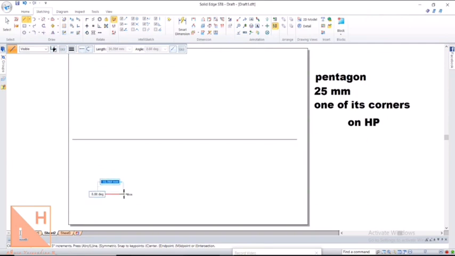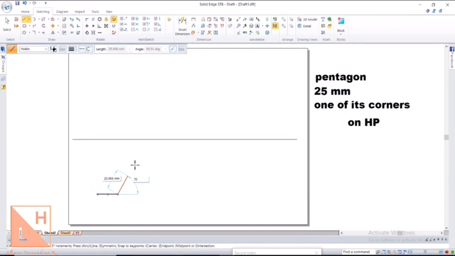You start the line and start giving the angle and the length for that particular pentagon. So in the software, we are going to use the length. First we will type it as 25, and then we can type the angle. The first angle you type as 0 degrees, and the next line emerges. Again the length of all the sides is 25, so again I'll type the length as 25, and the angle is going to be 72.